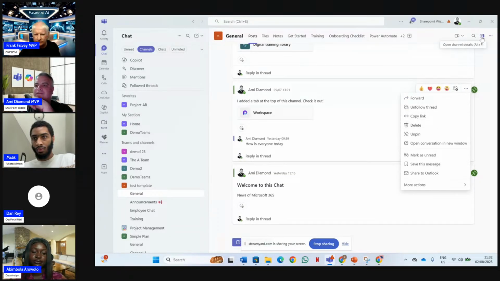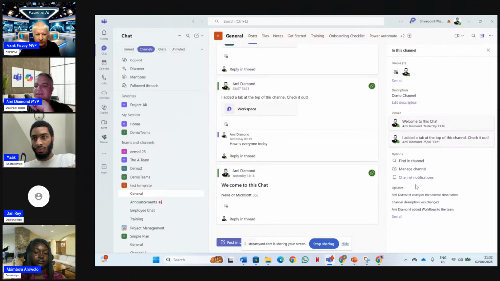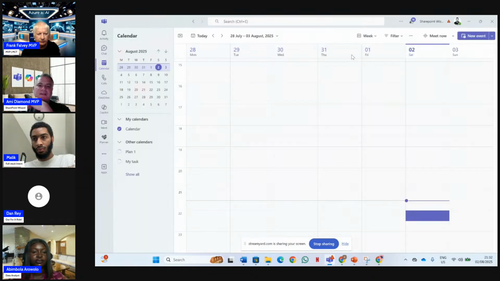And if I open up these details, then you can see here the pinned posts. So this is something I noticed, and I just wanted to show both in a one-to-one or one-to-many and in a channel chat. What I wanted to show you regarding new possibilities, and I think it's only available if you have premium Teams. So if I go to